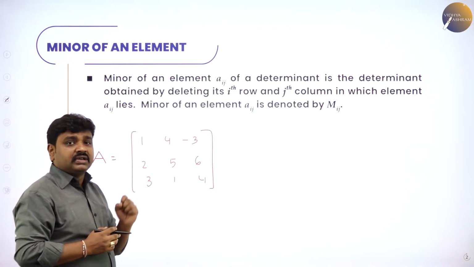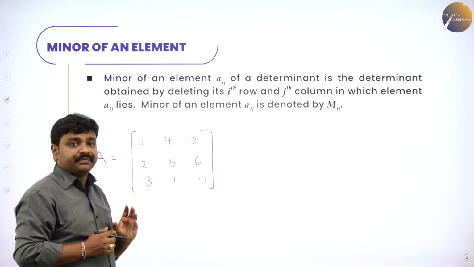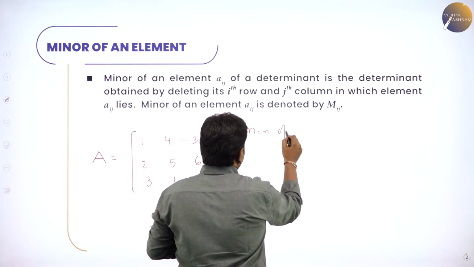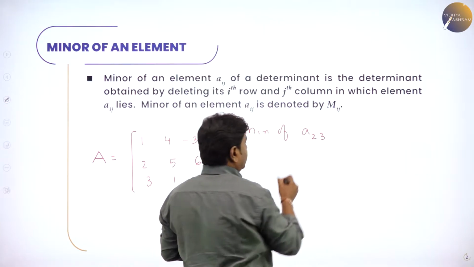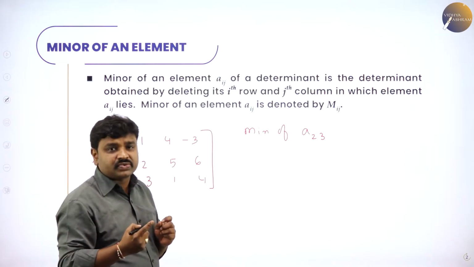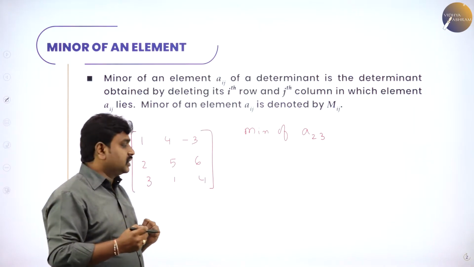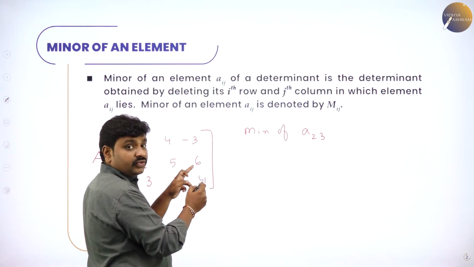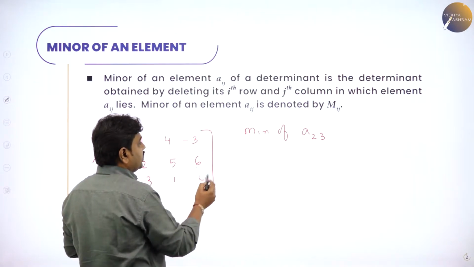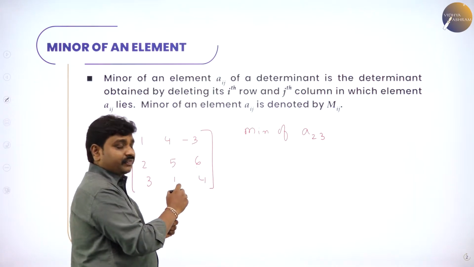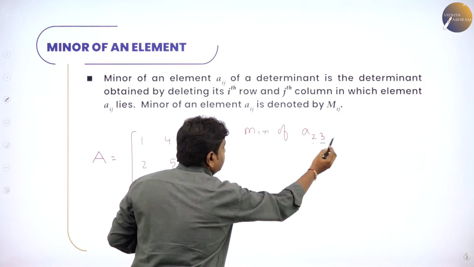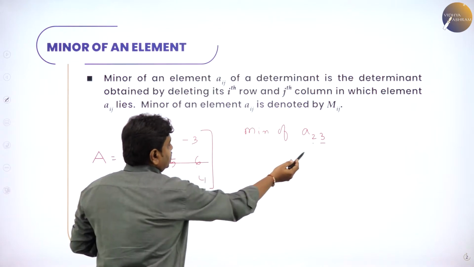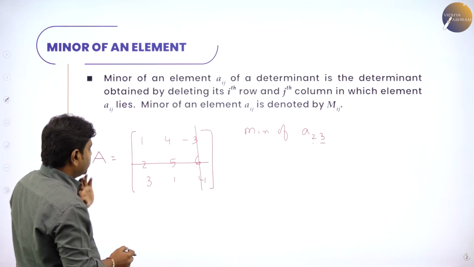Now we'll find what is called the minor of Aij. Let me teach you how to find the minor of A23. Minor of A23 means what? Second row, third column element. So this is the second row, this is the third column. A23 means this. So now I need to find the minor of this. Second row, third column: leave the second row and leave the third column. You'll have 4 elements. Find the determinant.